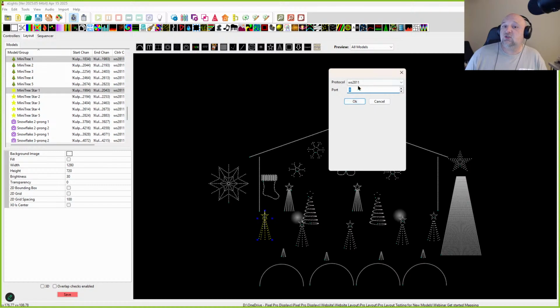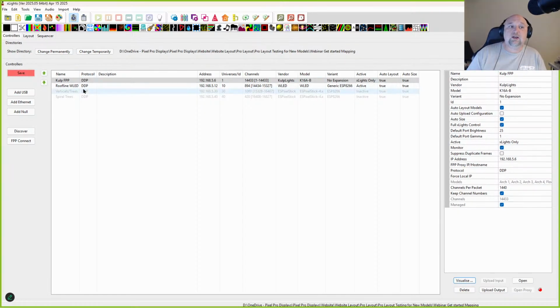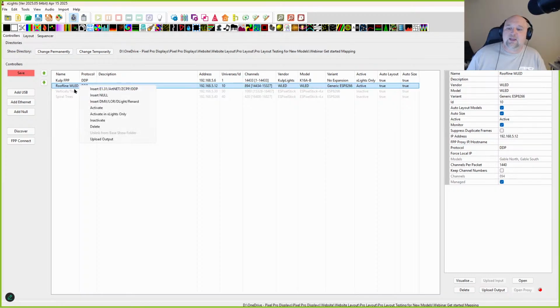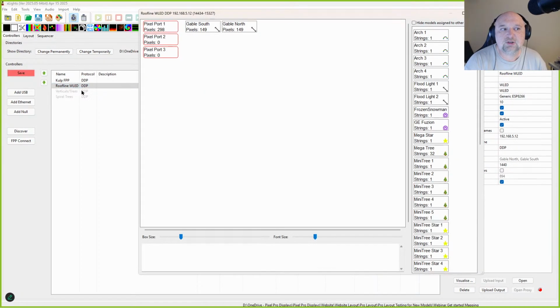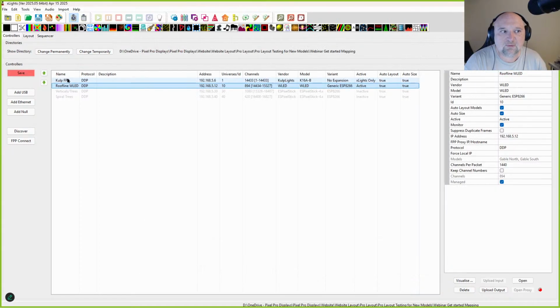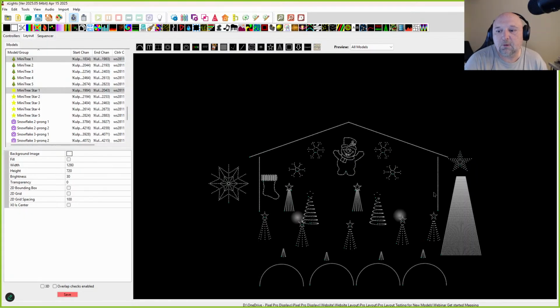We could assign it to this port, and if we click OK, it will go and put it here. Now over here in the layout tab, I don't have this exactly set up so I can show you absolutely everything, but you can see it goes in and it easily adds these things in for you. You don't have to think about it now. Like, you don't have to, oh, I just added these, so now I'm going to come over here and click and drag them over. You can do this now easily from a right-click menu in the Layout tab using the